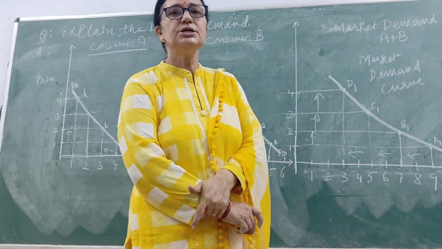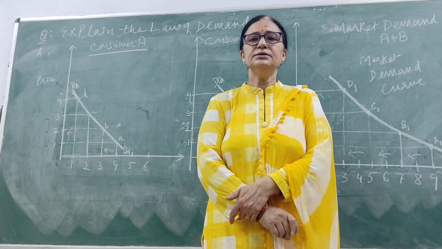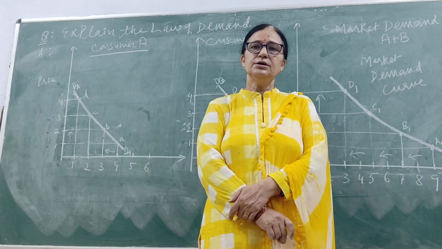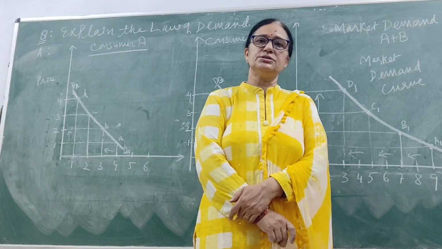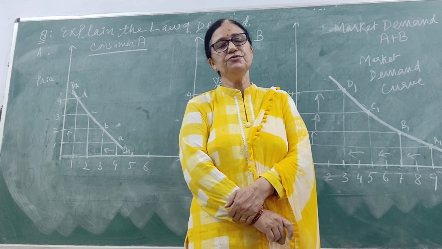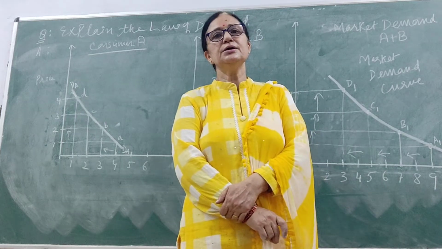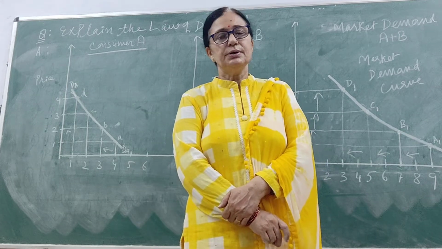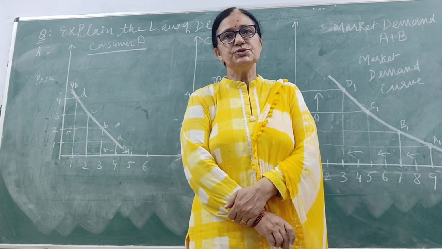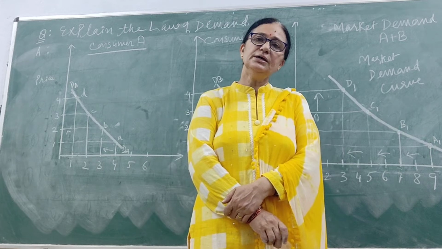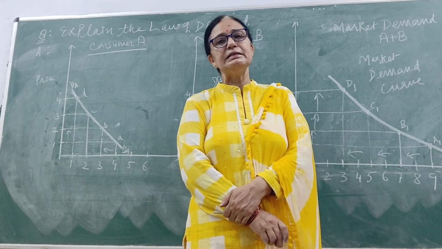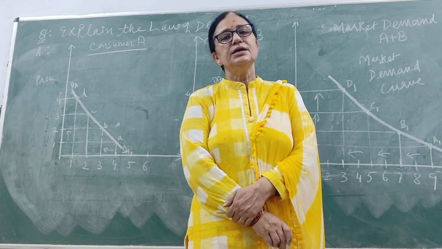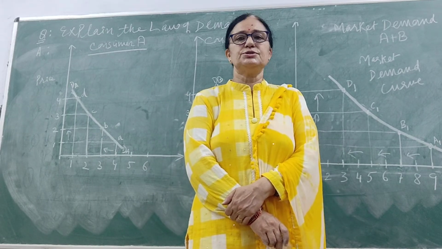So to conclude, the law of demand explains the negative relation between quantity demanded and price of the commodity when other things are constant. It can be explained with the help of individual demand schedule and curve and market demand schedule and curve. So what is important to remember is that there are certain assumptions when we say other things remaining same. So the income, the wealth, the price of related goods, taste, habits, expectations, they have been assumed to be constant. Thank you.